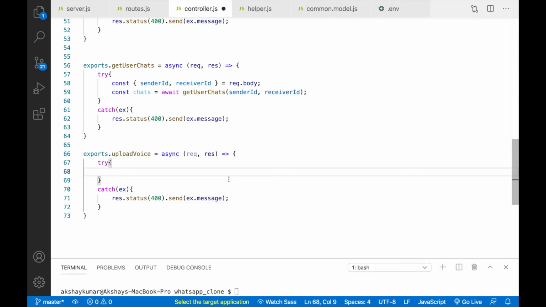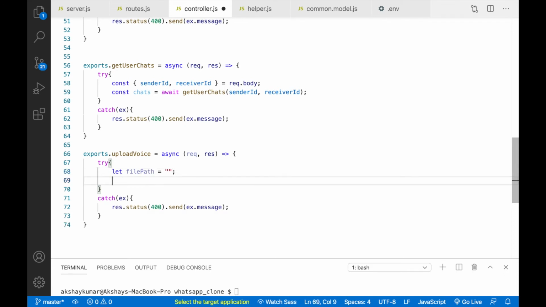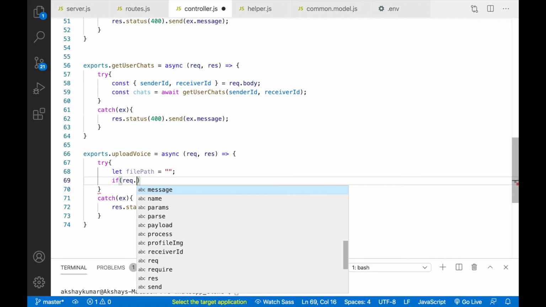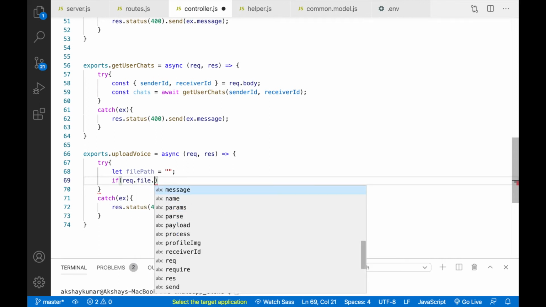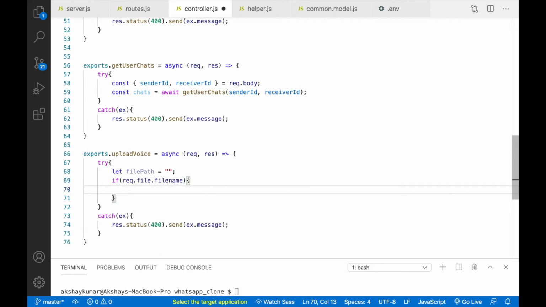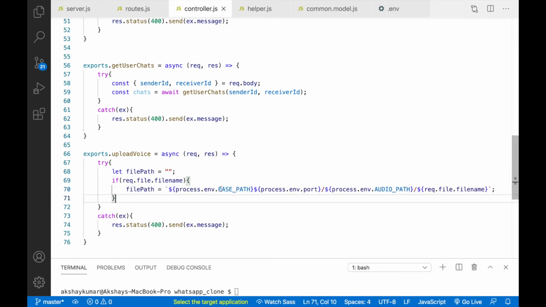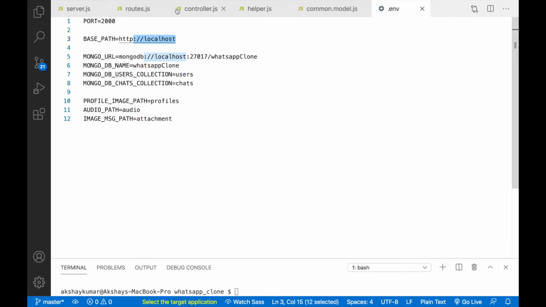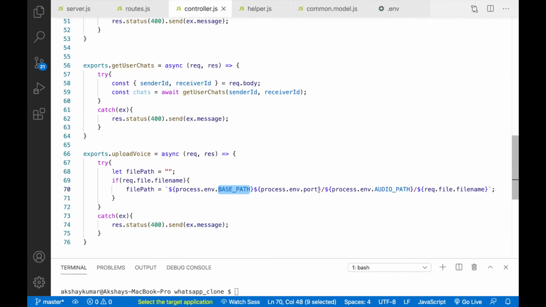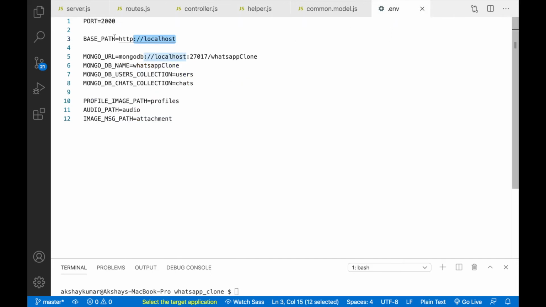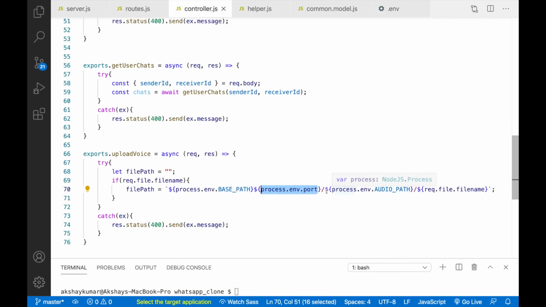And here we will write let filePath equals to an empty string, and if request.file.filename exists, then we'll take this variable, right? So process.env.BASE_PATH. This path is this one, localhost. After that, we are taking the port, that is this 2000 port, and then forward slash, and we are taking audio path.